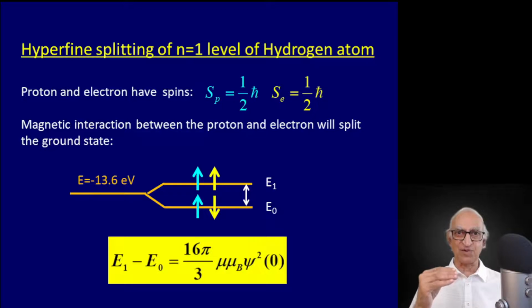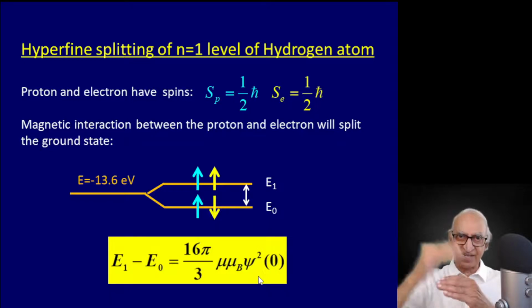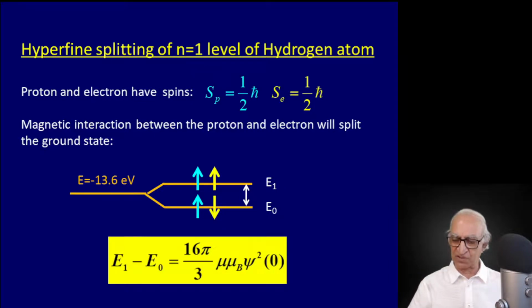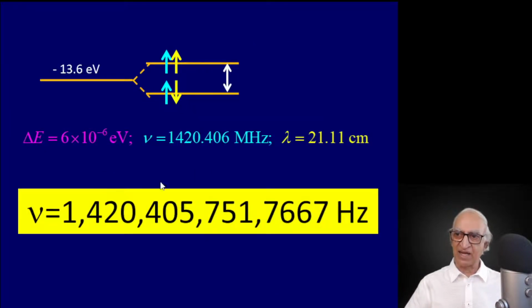It's a very remarkable property of the n equal to 1 state of the hydrogen atom that although it is far, far away from the nucleus, at a distance of 10 to the power minus 8 centimeters, whereas the nucleus is 10 to the power minus 13 centimeters, quantum mechanics tells you that the n equal to 1 state has a finite probability of being at the nucleus. And that is the magnetic interaction between the n equal to 1 electron and the spin of the proton, which causes this hyperfine splitting. And you know that that wavelength corresponds to 21 centimeters. We discussed that at great length. Its profound importance in astronomy.